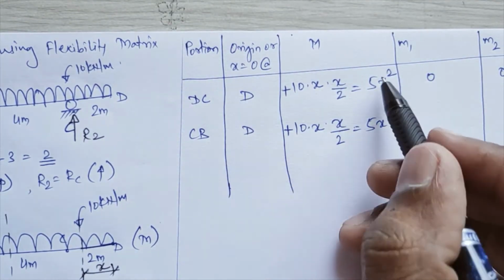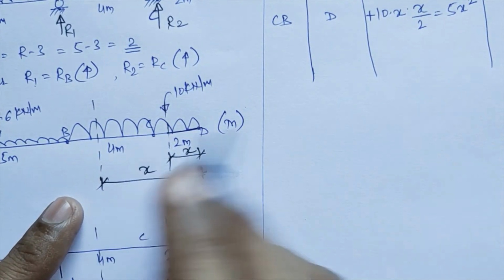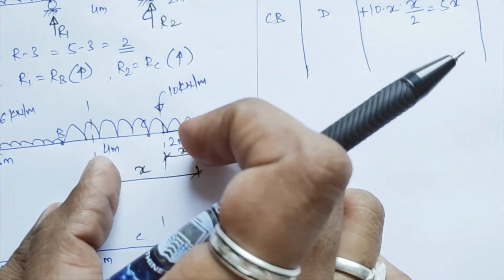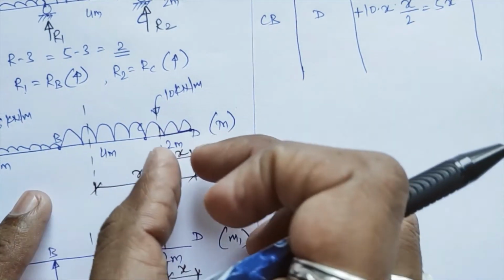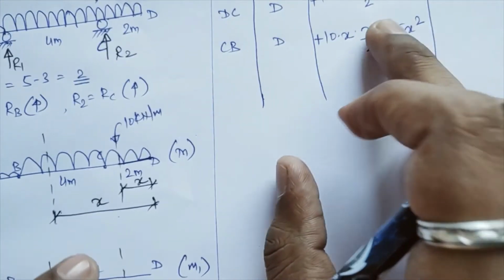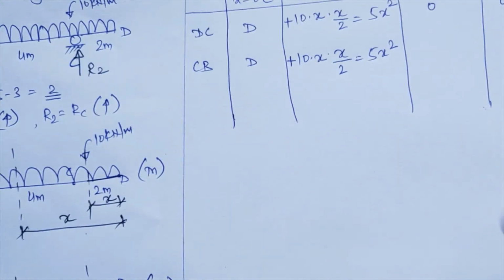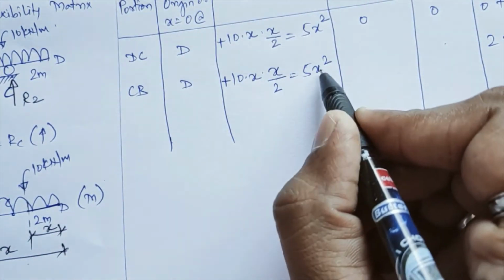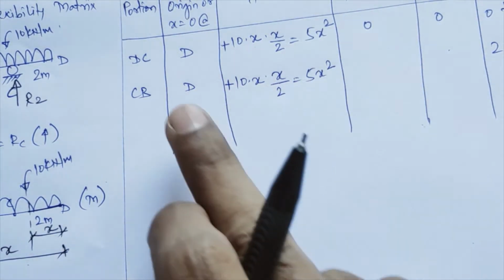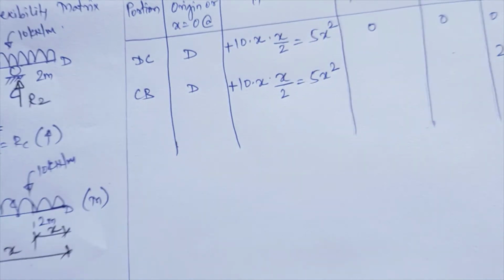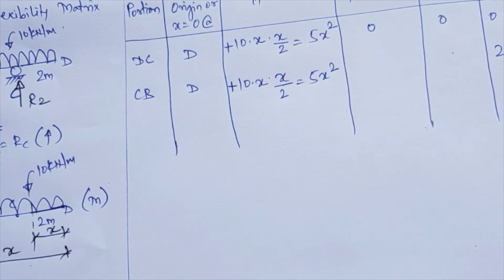See, we have not changed the origin, that is why this value is getting repeated again. If you keep C as your origin, then what will happen? Your total length will be this one. So total UDL length, that will be how much? 10 into this will be your x plus 2 meter. So that will come x plus 2 into where this will act, that is half of x plus 2, sorry, x plus 2 by 2. So this value will come 5 times x plus 2 square divided by 2. Okay, so that way if you keep the origin same as it is, your values will get repeated and your table will not become complex. So I prefer you do not change the origin.